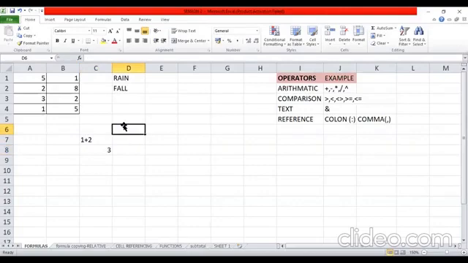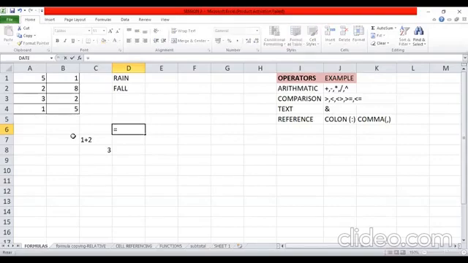Sometimes in Excel, I may already have my data set on the Excel sheet, so I would not want to keep typing my numbers again and again while using them. Like over here, you can see there is a small set of numbers that I've written. Suppose I want to use some of these numbers and add or subtract them. So what will I do? I can use cell references in my formula. Now let me show you how to use cell references in the formula. Again, I begin with an equal to sign.